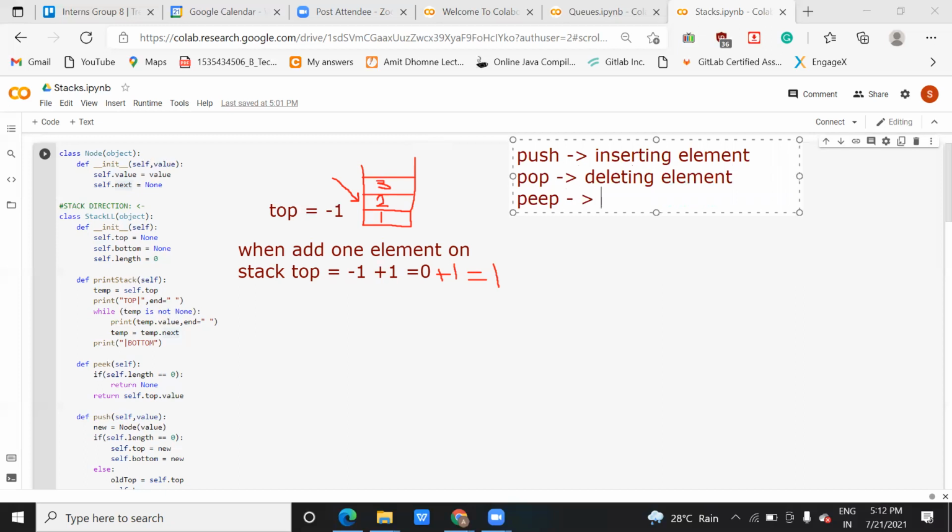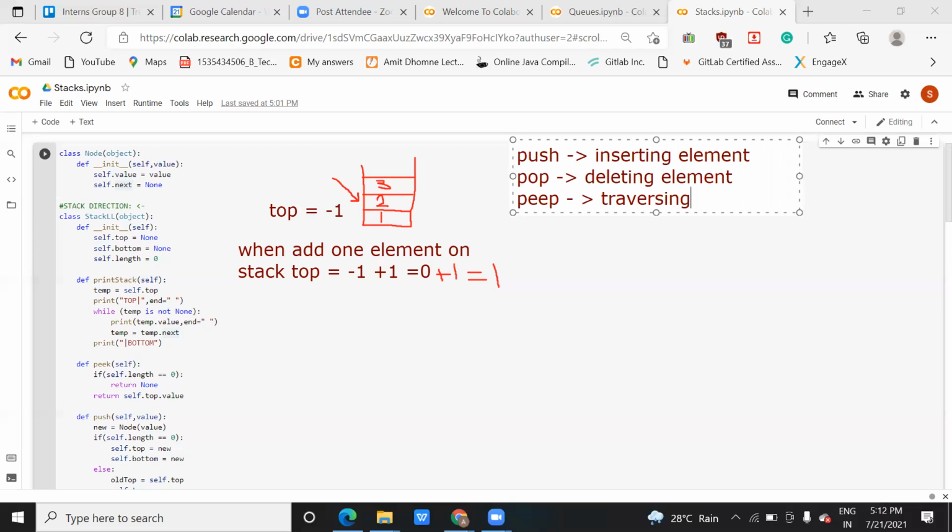It means how many elements are there. So peep will return the number of elements. It will tell you how many elements are there, just like in a walkthrough, like dot length. Yes.